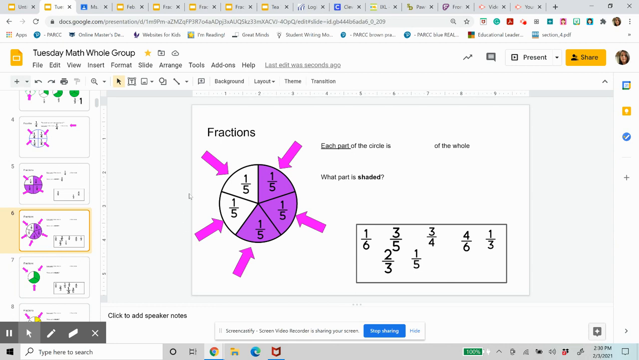Okay, so again, we're looking at each part. Each part of the circle is what of the whole. So let's think, how many pieces is this broken up into? 1, 2, 3, 4, 5. So it's broken up into 5 pieces, right? So this would be one piece, this would be a piece, this would be a piece, this would be a piece, this would be a piece. So out of this,